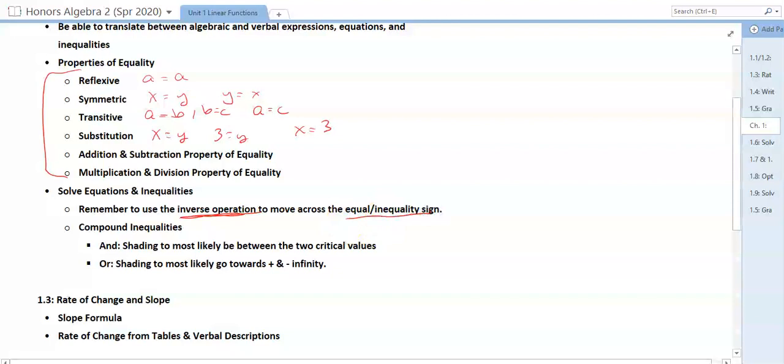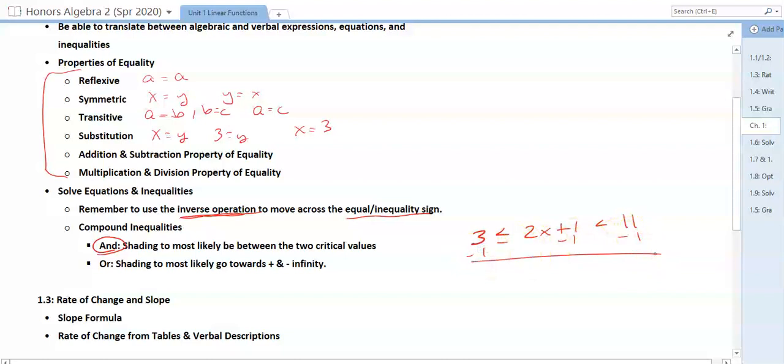One thing we didn't talk a lot about in 1.1 and 1.2 was compound inequalities. And the key things on and or problems. So remember, an and problem a lot of times is going to look like a two-part inequality. So like 3 is less than or equal to 2x plus 1 is less than 11, right? I remember when you're solving that, you would